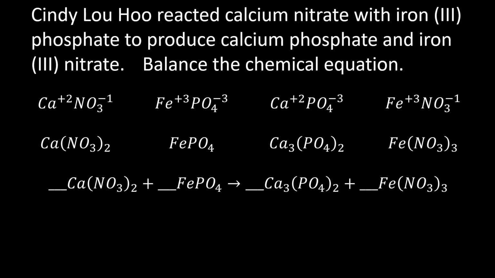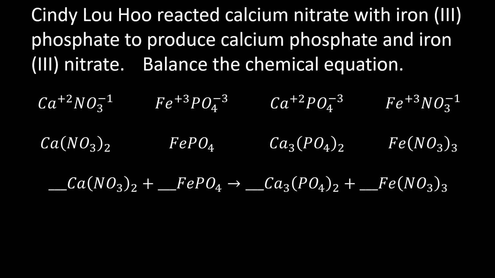And then if you look at the second reactant, it has a phosphate in it. So there's 1 phosphate on the reactant side and 2 on the product side. So we could put a 2 in front of that iron phosphate on the reactant side. And then on the product side,